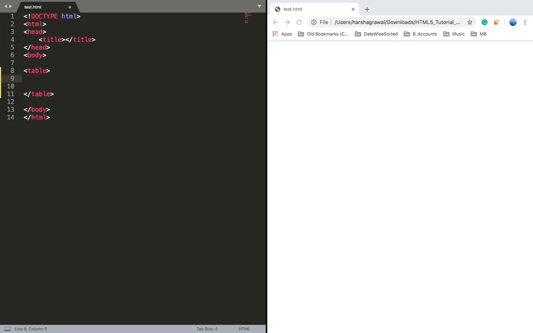Now a table has different rows. So we will be using the tr tag, tr. So this is the starting and the ending of the row, and each row will have cells. If you've worked with Excel, you know each row has cells, each row has different boxes. So those boxes are cells, like different information. So for that we have TD, table data,